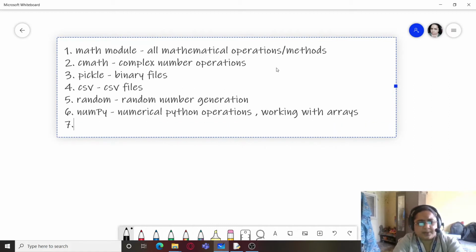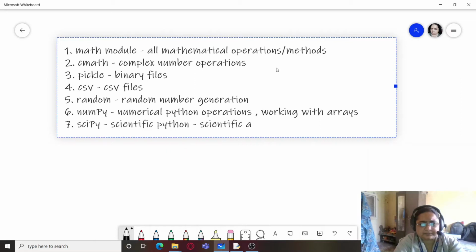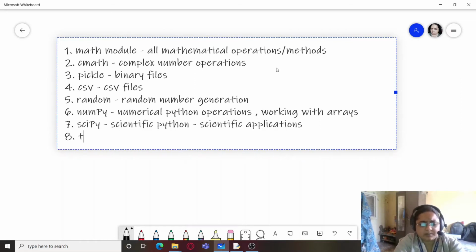And then you have SciPy, scientific Python, which provides some mathematical operations which are basically used for scientific applications. You have the tkinter module, which is basically used for creating GUI based interfaces.